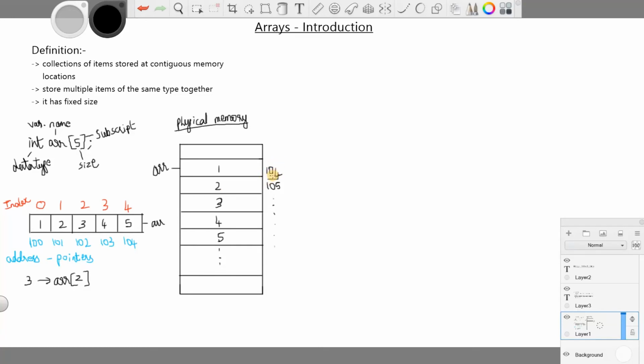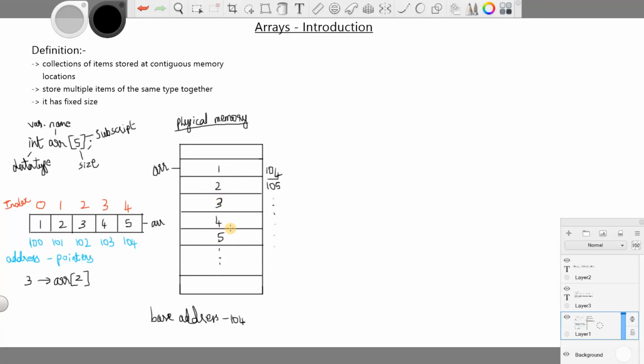So this address is called the base address. Using this base address we can access the array elements. And as you can see, it's not storing the other values anywhere else.